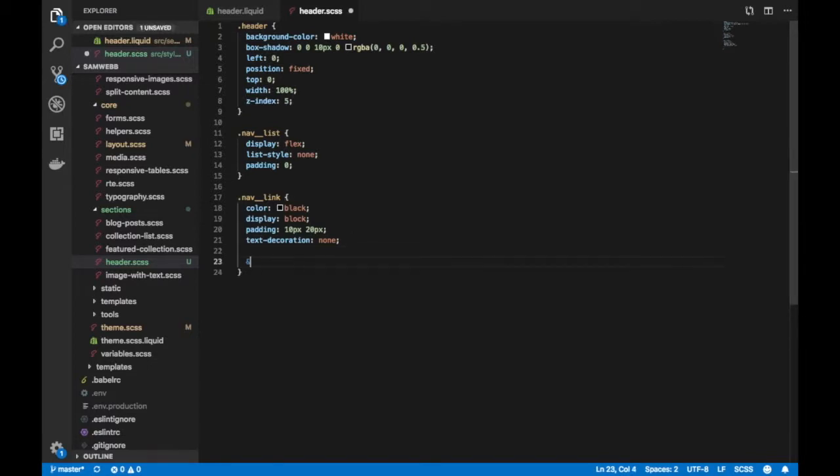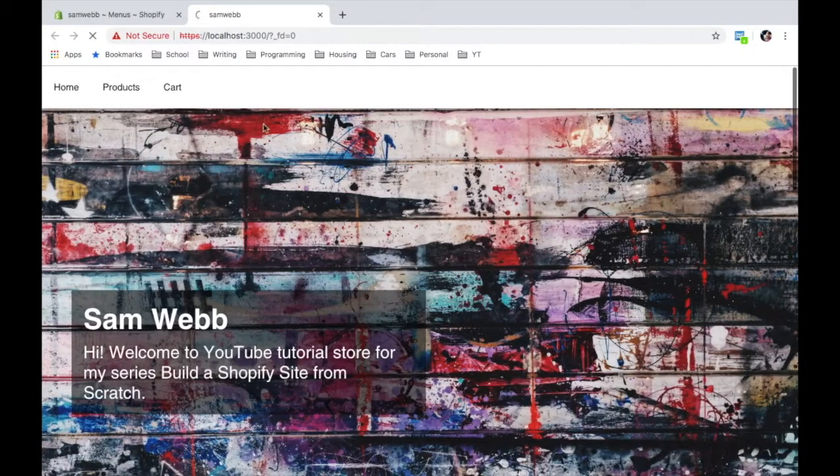And we're going to give this a hover of, let's just call it blue for now. Not going to be the greatest color, but